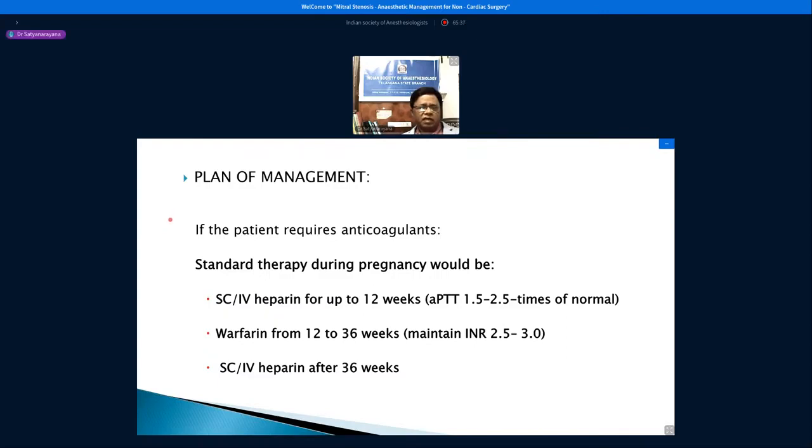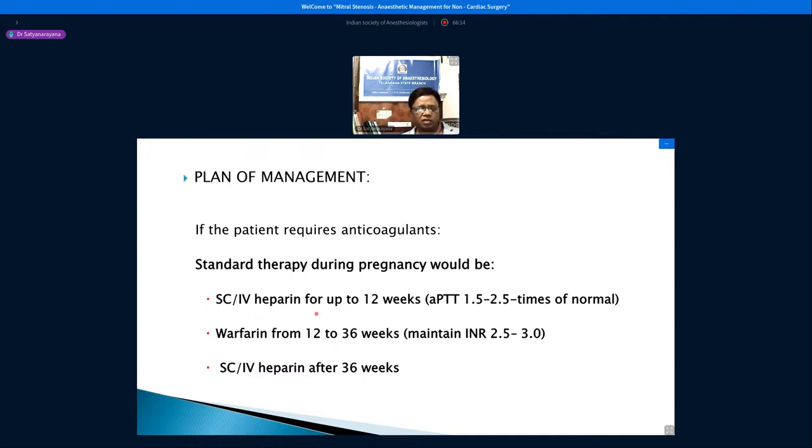So if the patient requires anticoagulants in pregnant mothers, the standard therapy during pregnancy would be subcutaneous or IV heparin up to 12 weeks, and see that APTT is maintained between 1.5 to 2.5 times normal. But warfarin is to be started from the 12th week to 36 weeks, maintaining INR 2.5 to 3, and again subcutaneous or IV heparin after 36 weeks. Here I would like to mention one point: recent studies have shown